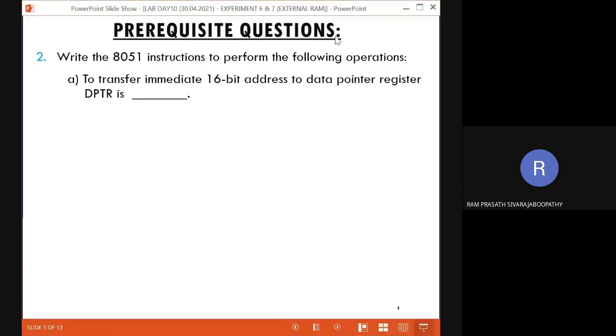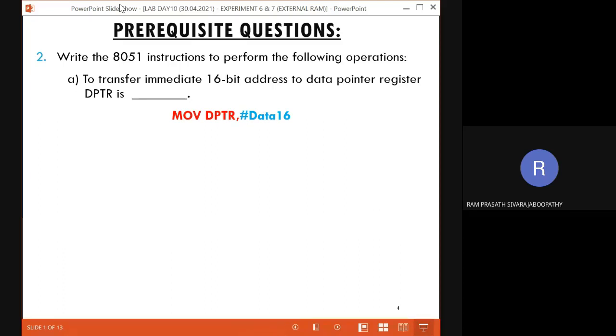Yes. Any guess in the second classroom? What about the instruction? Sajesh, your answer is partially correct. Say immediate data. Karthikeyan, no. We have discussed. Yes, very good, Sajesh. We have to use hash. Whenever I say immediate data, we have to use the hash symbol before the information. Correct? So MOV DPTR comma hash